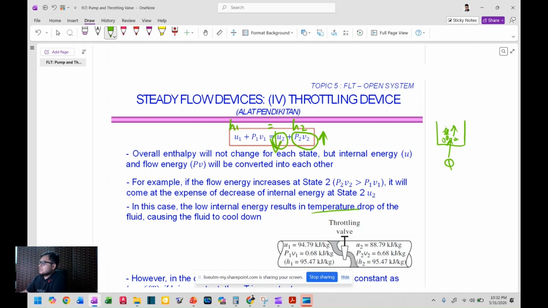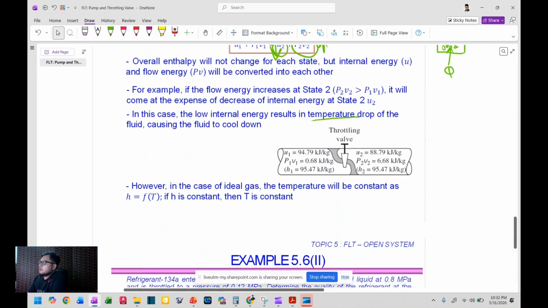For example, let's see this diagram. We have the same H value, 95.47 for H1, and 95.47 for H2. But on this side of the throttling valve, meaning on the left side, you have a much higher U1 and a much lower P1V1. But when they add up, they will get 95.47. Once the fluid flows through the throttling valve, for example, if we assume that the fluid flows from left to right,